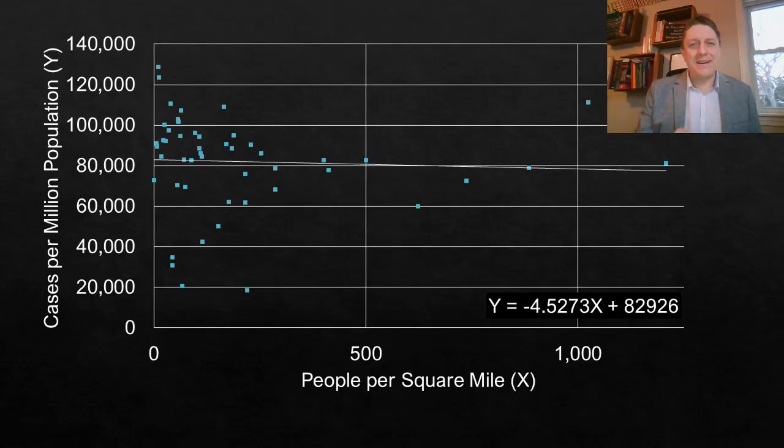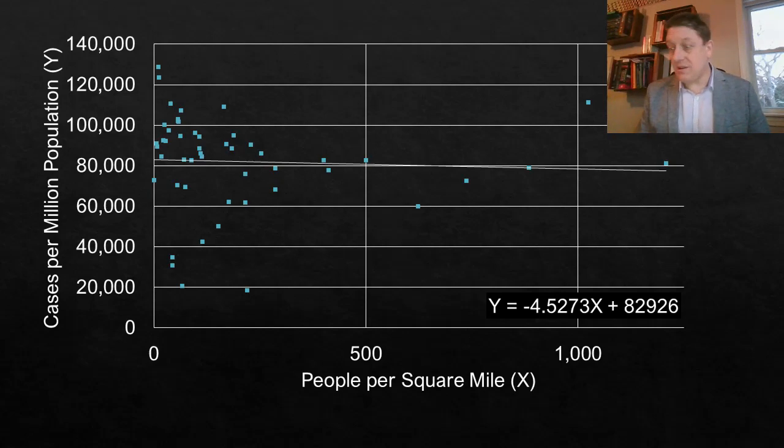It means that we can look at, with the m, which is the slope that's associated with the x, we can look at the testing of this idea we had, that places where there were more people per square mile would have more deaths, or excuse me, more cases of coronavirus, more cases of COVID-19. Does that seem to be the case here? Well, unfortunately not.